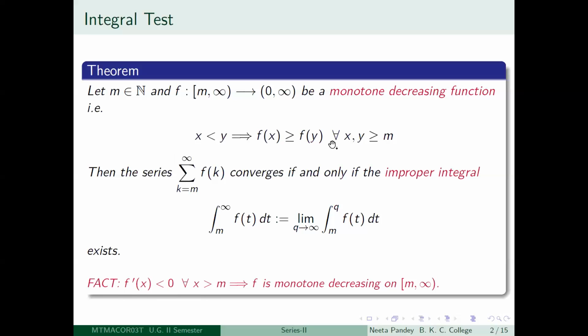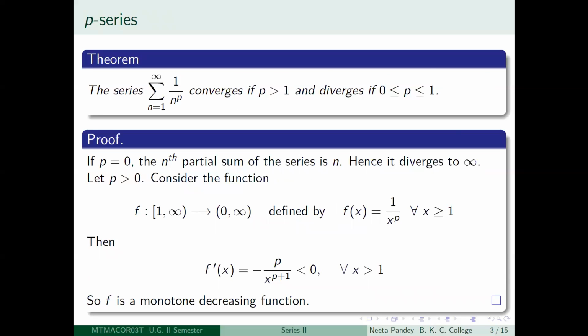Okay, and you realize that even though I started my integral test by saying that suppose f is a monotone decreasing function of this type, my interest is actually in the series. So I want to determine whether this particular series converges or diverges. Here there will be some expression. So using that expression, we will try to write down a suitable function, so that we can apply the integral test on that. That is going to be our modus operandi. So let us just start looking at some examples.